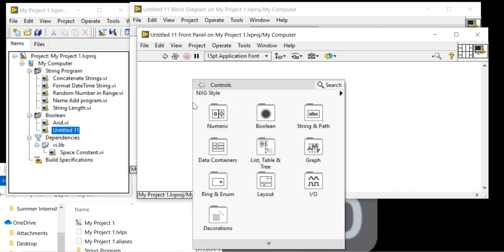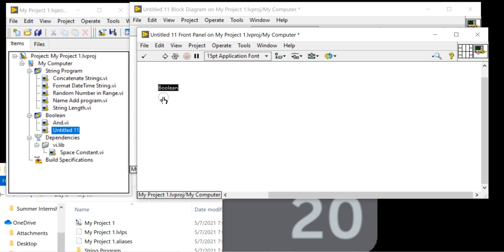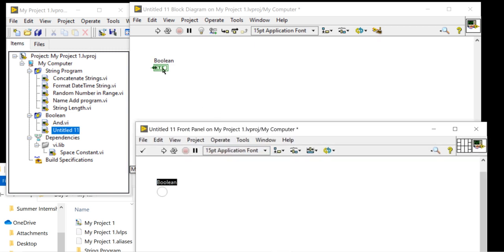Now in this new VI, take a boolean. Now this boolean is an indicator type. I want to change this boolean to control type.